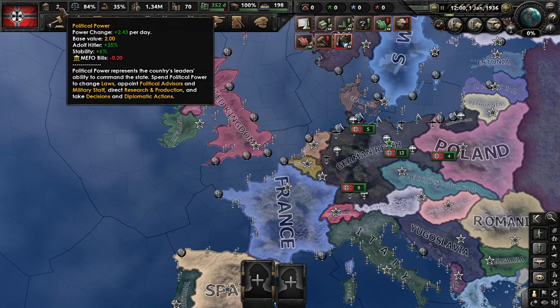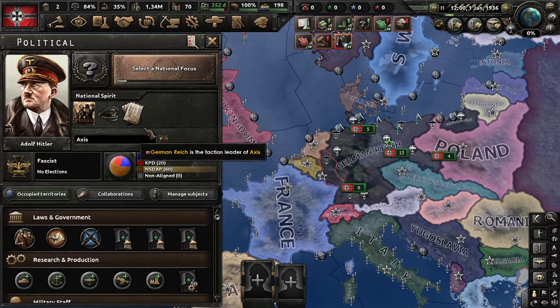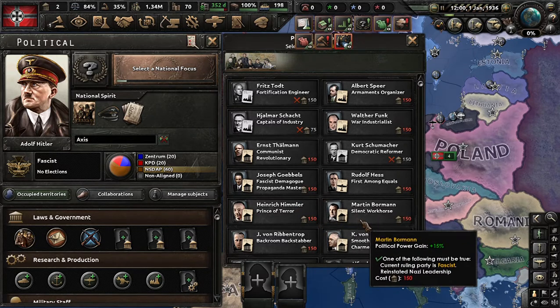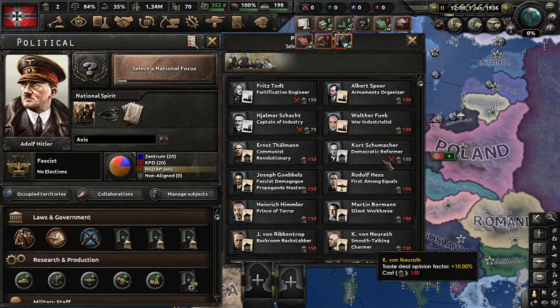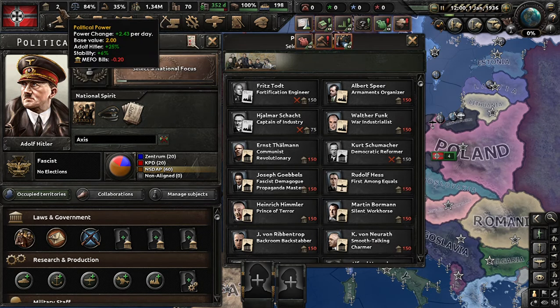But you know, you can actually boost your political power gain by stability or having a dictator as your leader. But there's other ways, like hiring dudes in the government, like this guy, silent workhorses. These guys will boost your political power. Now all this, oh by the way, yeah, 150, that's how much it usually costs, but it can be lower